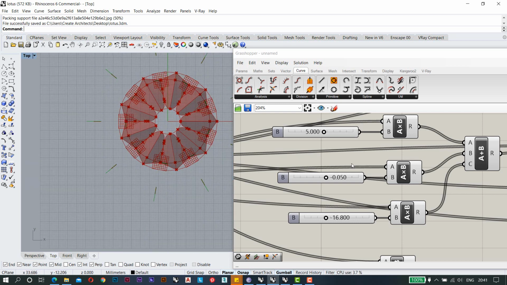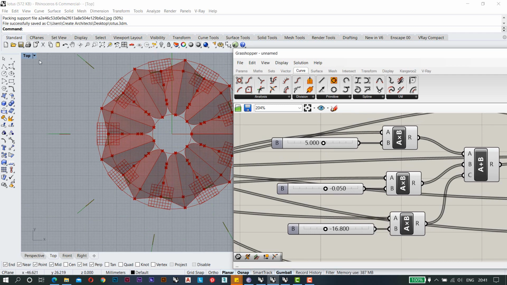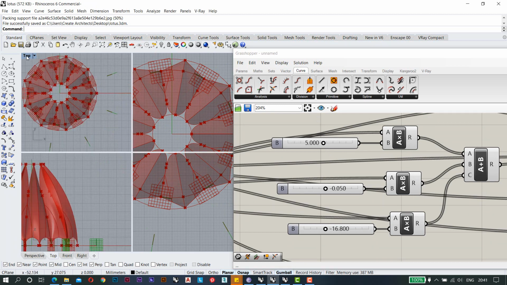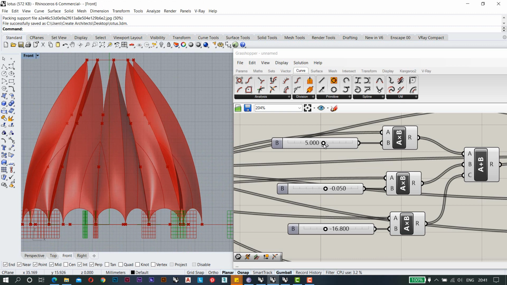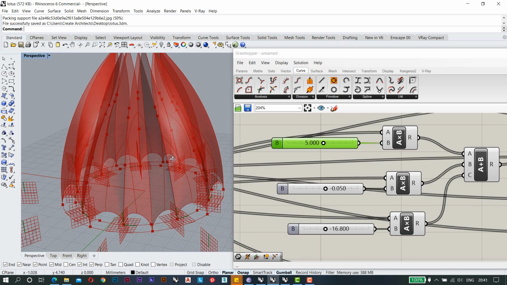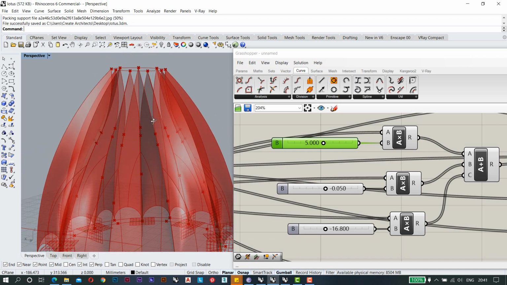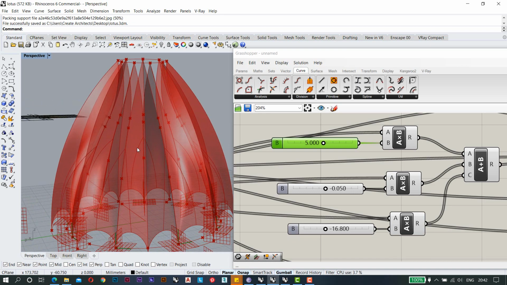So this is that minus 0.050 gap. But I need to change my x and, sorry, z value here. So I will change a bit of my x value, so I don't need to change it on, I think, the lower point. Lower points are already set though, but I need to change the wideness of these upper points.